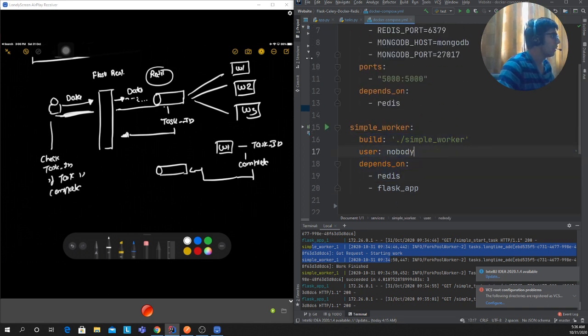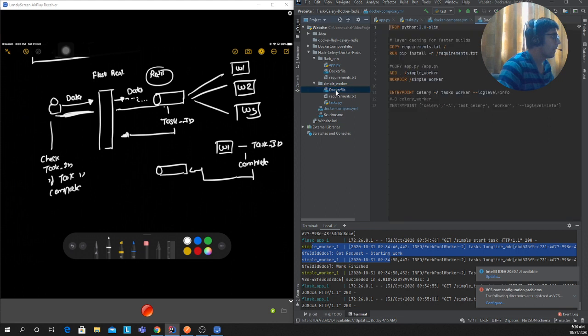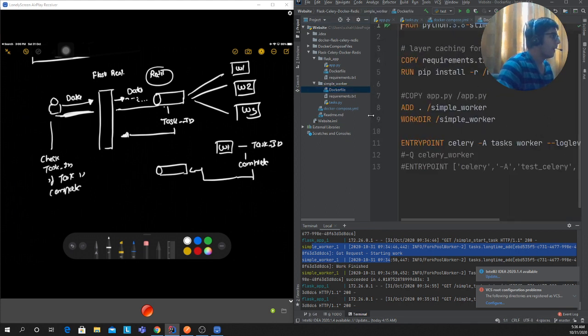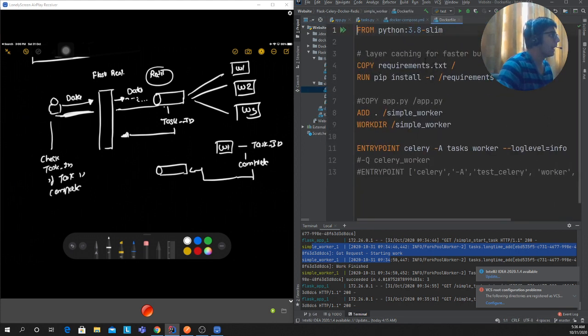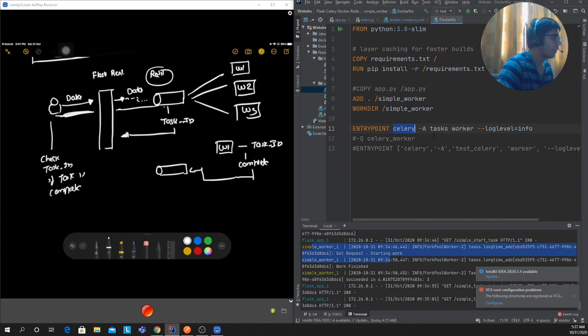So if you go to the Celery, there should be a Docker file, which is right here. So we are using basically Python 3.8 slim version. We are copying everything, the requirements.txt. We create a directory in that Docker container, and we just start the Celery task worker log level info. So we are basically starting the Celery worker. There are various modes you can use: burst mode, low high mode. There are several modes you can of course use.